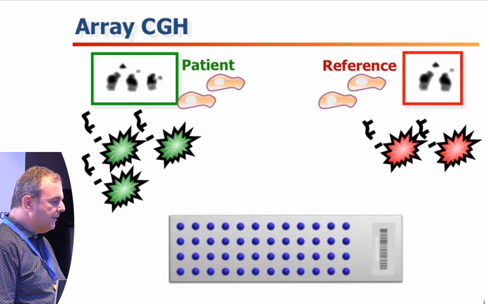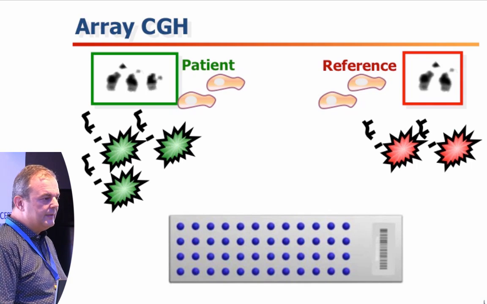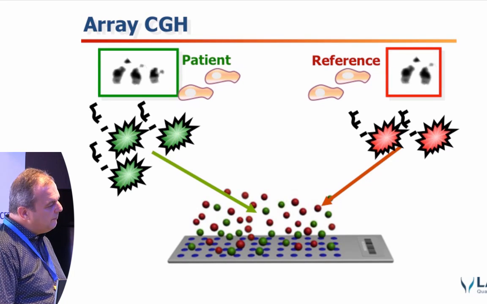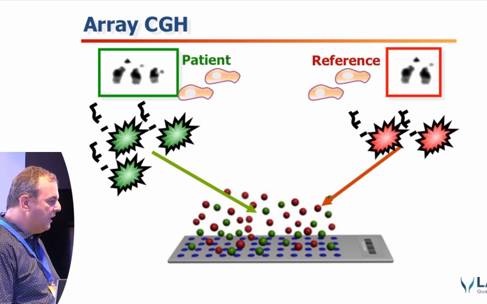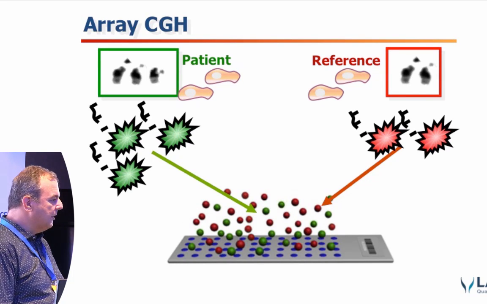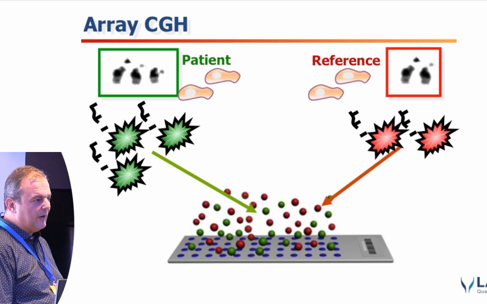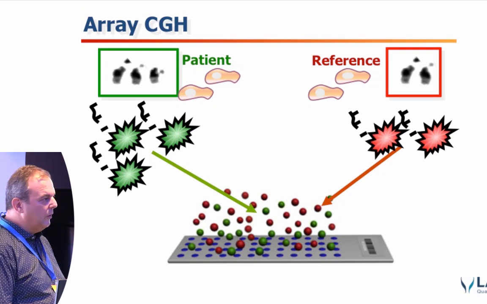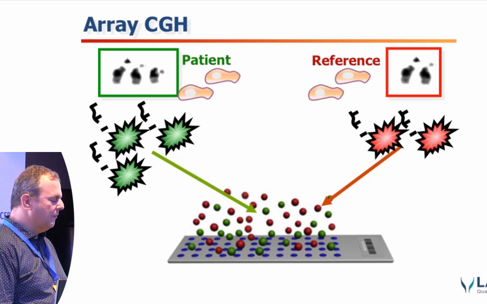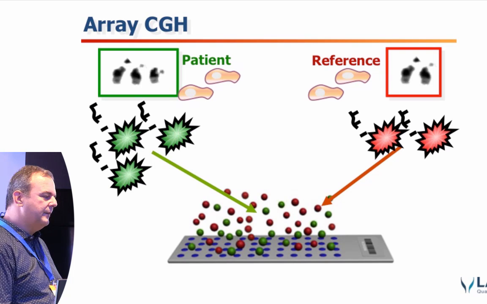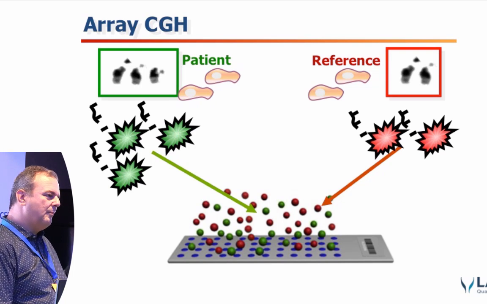How it works is, in principle, relatively simple. You extract the DNA from the sample that you want to test and from a reference sample of the same sex. You label both DNAs with different dyes. In this example, one is red, one is green. And then you hybridize them together on a chip, which is